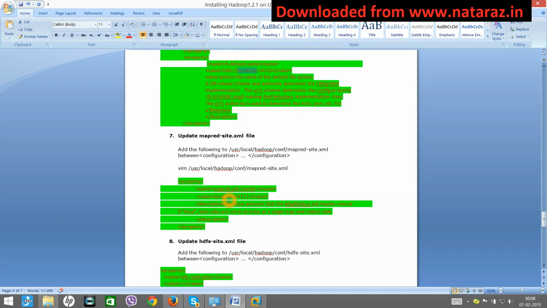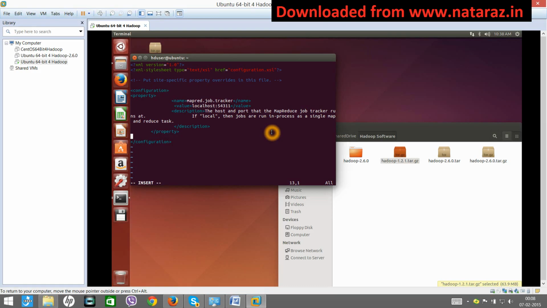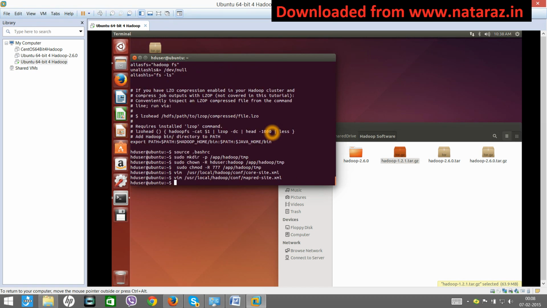Here where your job tracker will run. Job tracker will run on localhost at port number this. Okay, your HDFS will run on the localhost at port number this. Now escape, colon wq. This is also done. I'll say clear.